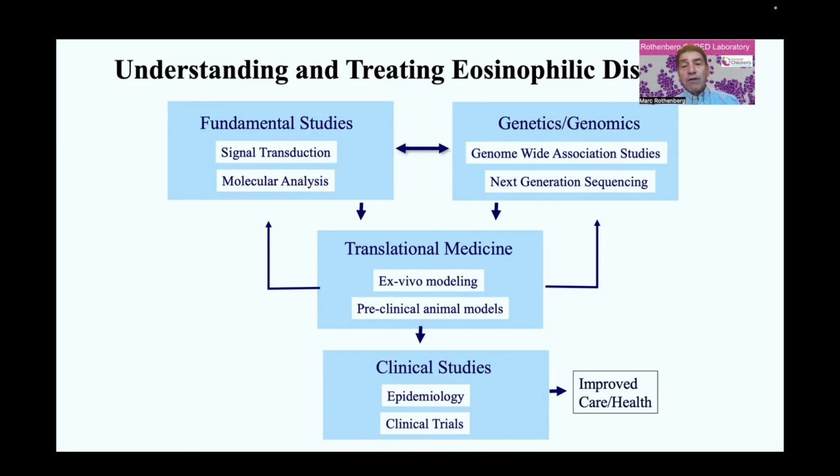We also have a component of my lab which is focused on translational medicine, meaning that we can model eosinophilic diseases in the test tube, in vitro, or in preclinical models, such as animal models or ex vivo modeling of the disease as well with human tissue. Now, this is a very dynamic process where we could have on one hand a genetic lead, a hit through a genome-wide analysis. Then we go in the lab to see if there's any functionality. If there is, we can go in and test that function in some of the translational medicine systems.